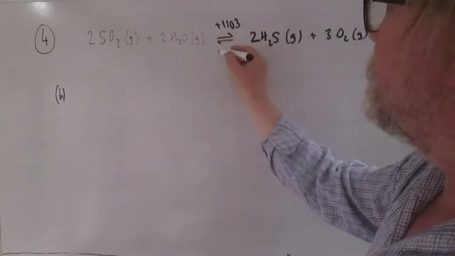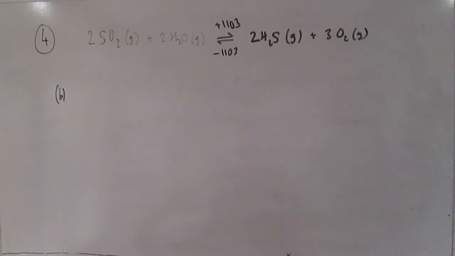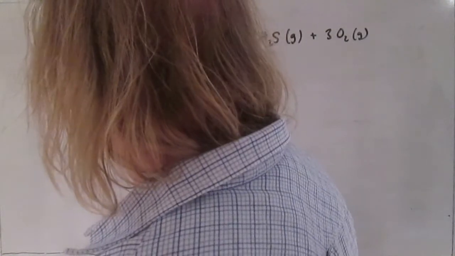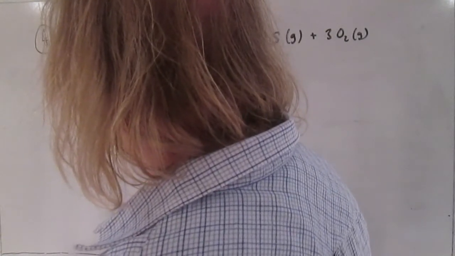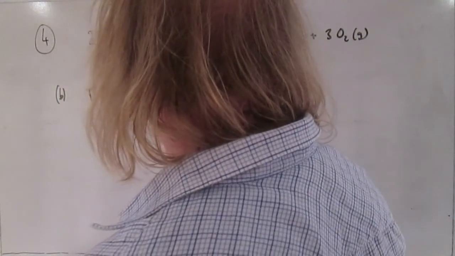It's plus 1103 going forwards, and therefore it's minus 1103 going backwards. So if it reaches the surface and it cools down, its response is going to be to try and heat it up again. And how do you heat it up? Well, you go in the exothermic direction, because exothermic reactions give out heat and will therefore tend to warm things up again. So that's what you say, that the equilibrium shifts in the exothermic direction